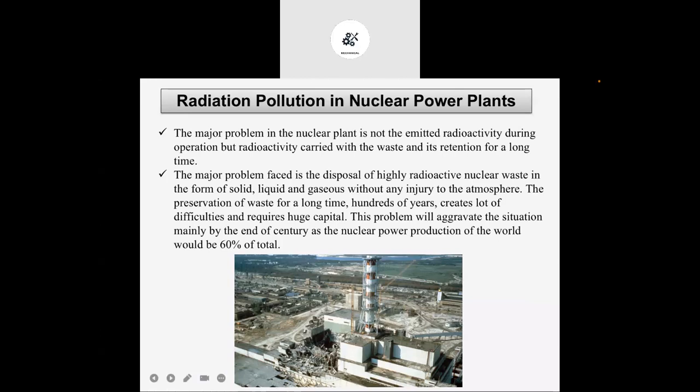So you can see the picture of this nuclear reactor. This one is the main nuclear reactor, and because of some effect, it has exploded. Whatever nuclear fuel was present in this particular reactor will come in direct contact with the atmosphere. And you will see these different small particles on the ground; it is nuclear fuel,